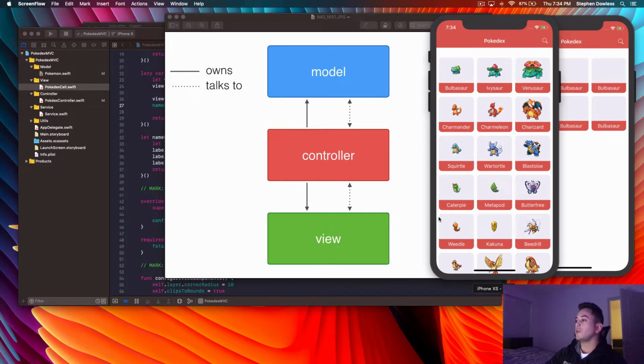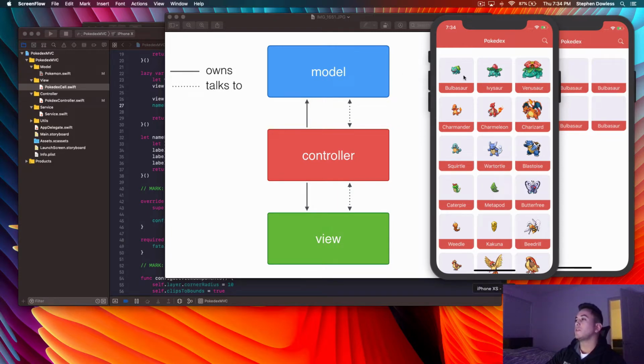So this screen you see in front of you is our Pokedex controller. So that's our view controller right here. Okay. And it's populated with a bunch of Pokemon. So our Pokemon is our model. If you guys remember in our last video, we created that Pokemon class, and it contained all the attributes that we need to construct each one of our Pokemon programmatically, right?